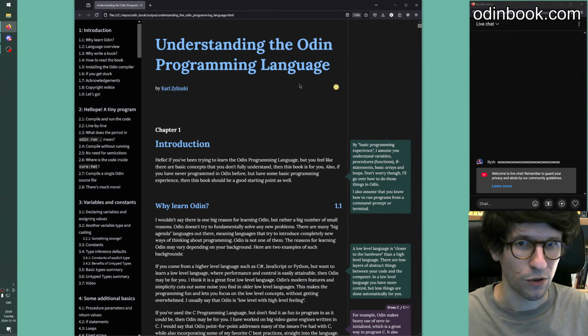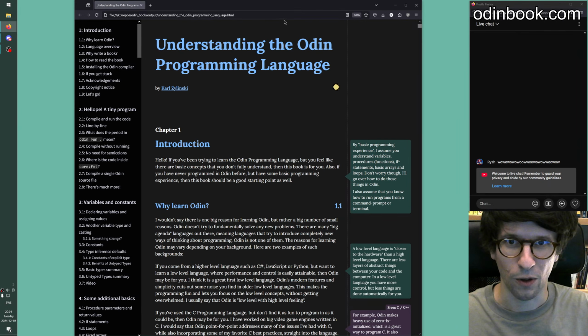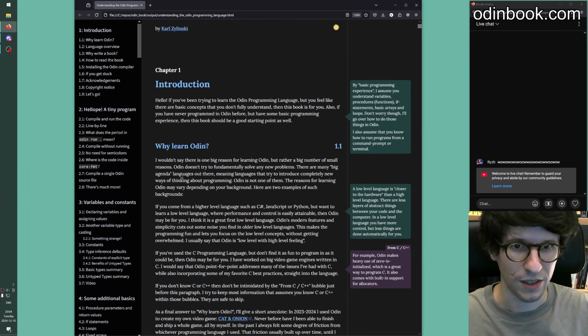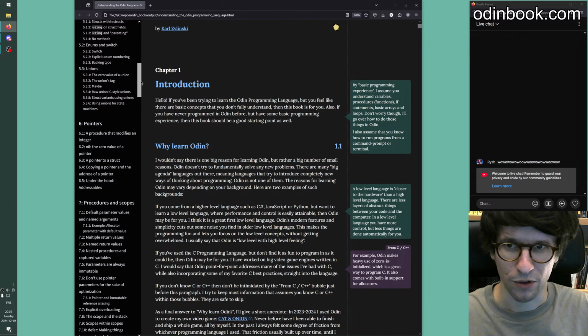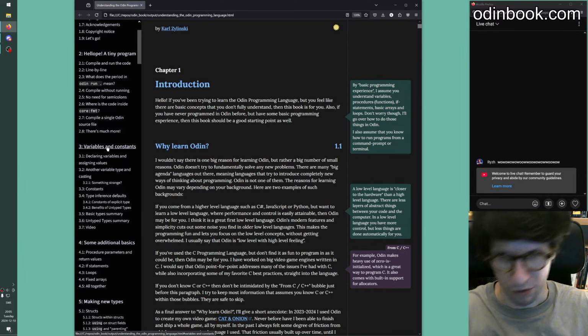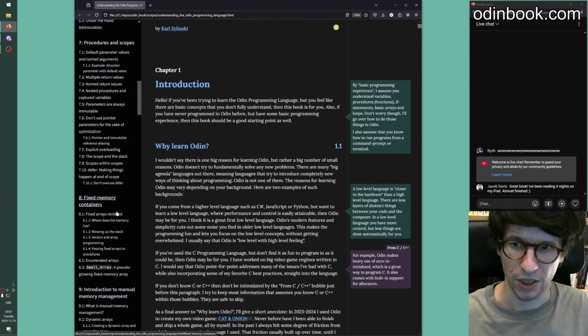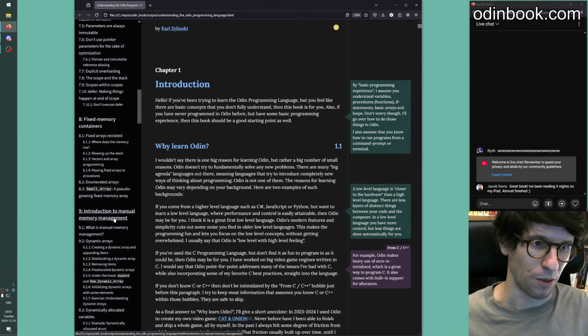so the book looks like this, and this is what I call the HTML version, and you have the text here and the bubbles on the side, and there's this table of contents on the side here, and as you can see, there's quite a lot of things going on here. So we have chapters on variables and constants, on pointers, and then we go into procedures and introduction to manual memory management